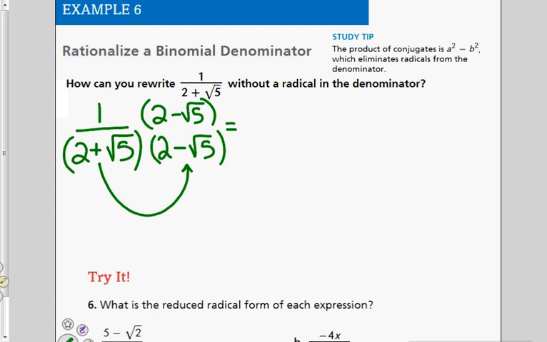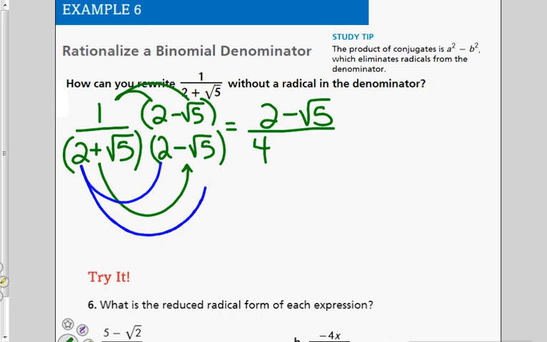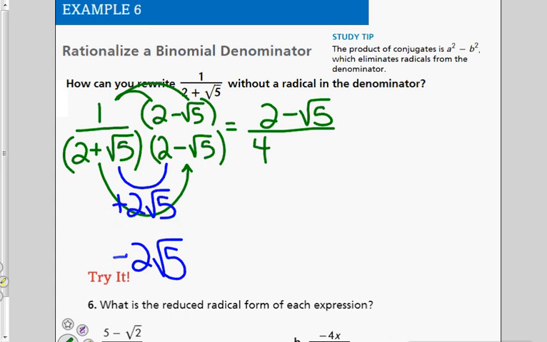Ready? In the numerator, distribute. 1 times this stuff is just this stuff. In the denominator, that moment is soon. Here we go. When you do first times first, what do you get? 4. Here's the moment where the square root goes away. What happens when you do outside? Negative 2 root 5. Inside, positive 2 root 5. If I have positive 2 root 5 and negative 2 root 5,